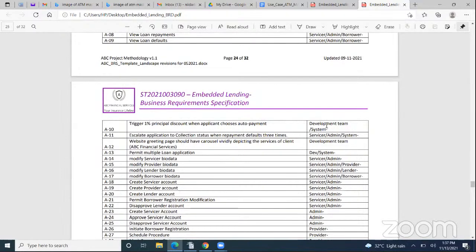The system should take care of the triggering of the 1% principal discount when applicant chooses auto payment at the first time of application.